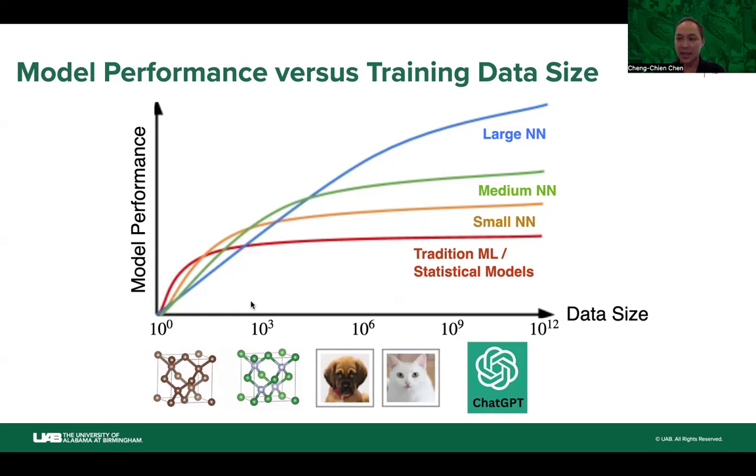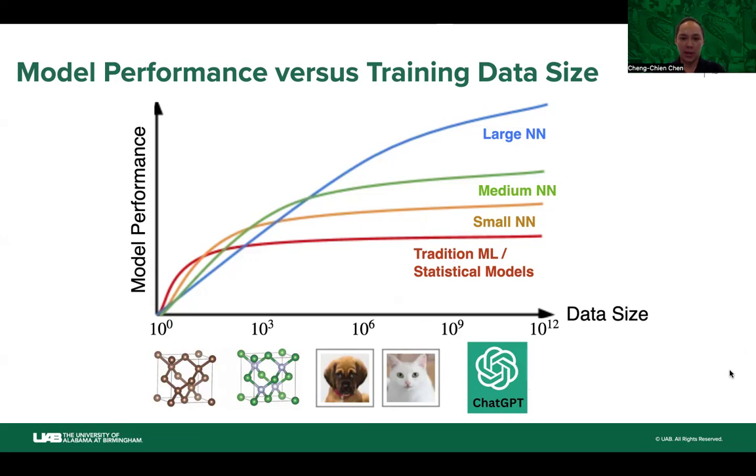This is unlike the case of, for example, image recognition problems in computer science. We can easily get say 1 million pictures on the internet. And for large language models, for example, like ChatGPT, they are usually trained with training samples on the order of 1 billion or even 1 trillion. So this figure is an important one for us to keep in mind.